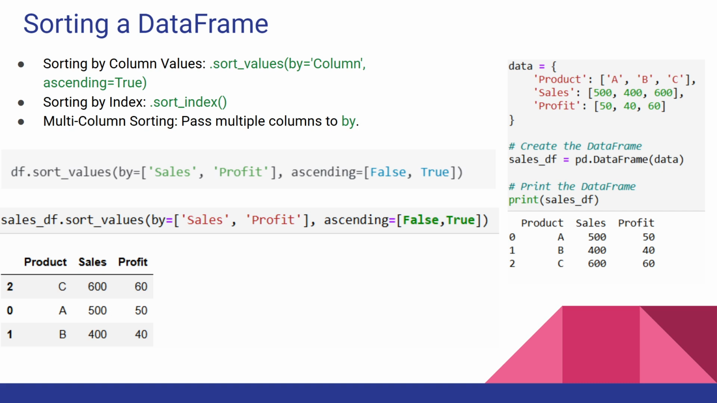So on the right hand side, I have just used the code to create this table where products are A, B, C, and then your sales and profit, as sales is 500, 400, 600, profit as 50, 60, 40. Right, now coming back to it, before we